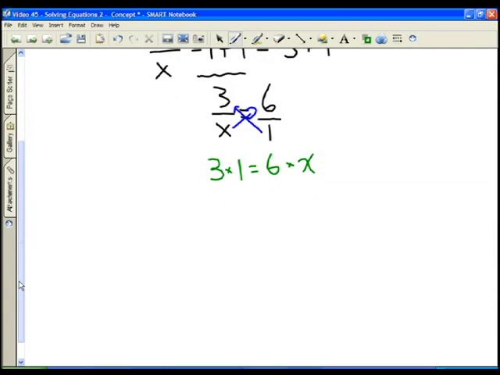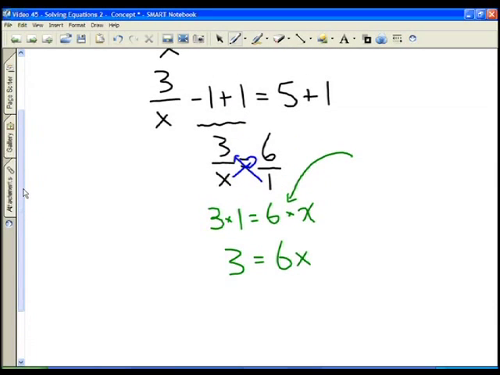And 3 times 1, simplifying the left-hand side here, is equal to 3, and 6 times x. Remember, oftentimes we don't write this multiplication sign in the middle, and so 6 times x will be 6x. And so we've added one more step here, and you'll notice when the variable is in the denominator,